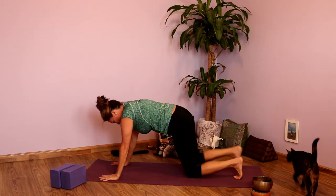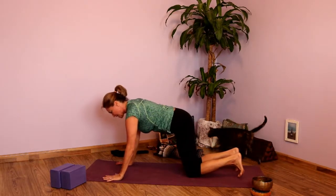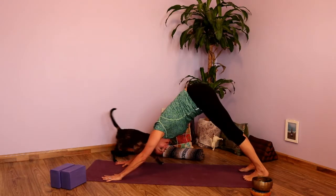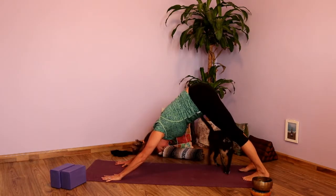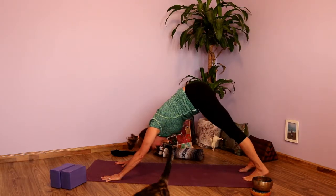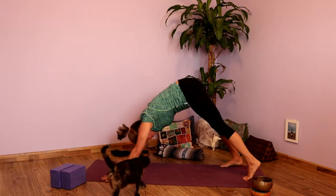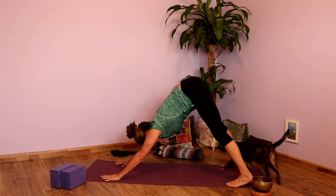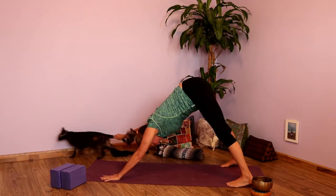Bring yourself into a plank, setting up those hands, and then press it back, downward dog. Take a couple deep breaths here. Exhale fully. Taking those feet, bring them in slightly and out toward the edges of your mat. And then from here, really press into those hands, bend the knees if you need to, and go ahead and